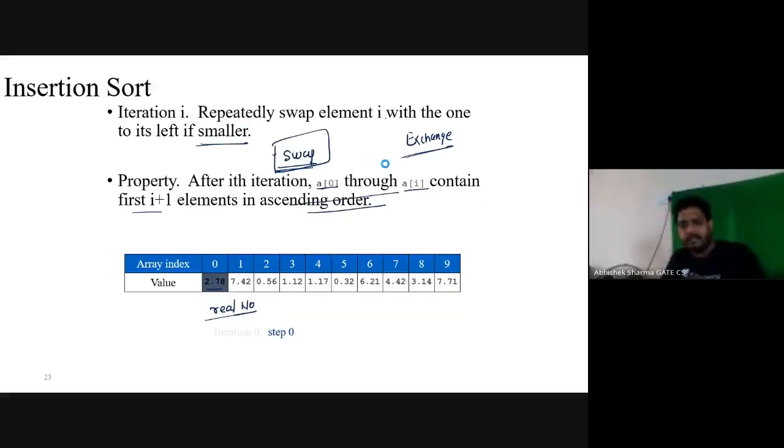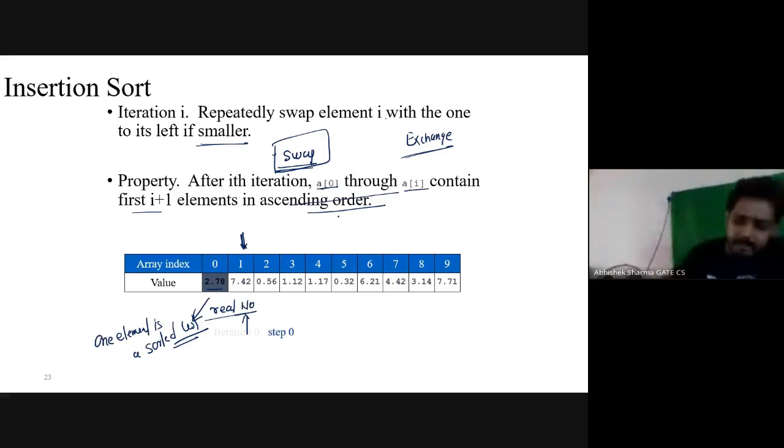So look here, we are starting it. Our algorithm will start from this position. This is an array, and the array is implemented from index 0, so it starts from the first position after the 0th position. This is the one element, and one element is already sorted. A single element is a sorted list, true, because there is only a single element, so you cannot compare it or have a greater or lesser value. This is my sorted list.